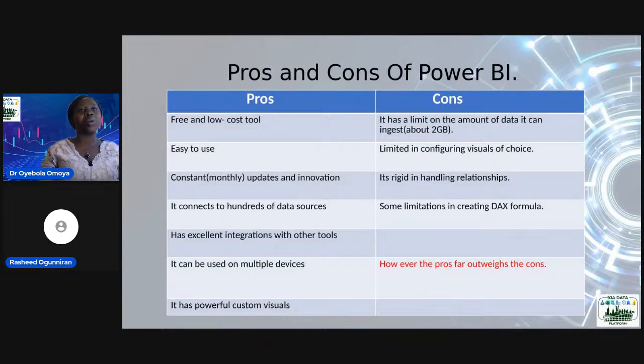So these are the pros and cons of Power BI. Of course, it's not all rosy, but Power BI is a free and low cost tool. It is pocket friendly, not on the expensive side, whereas we have some of them that are quite pricey. But Power BI is quite pocket friendly. The subscription or the licenses, they are quite pocket friendly. It's also easy to